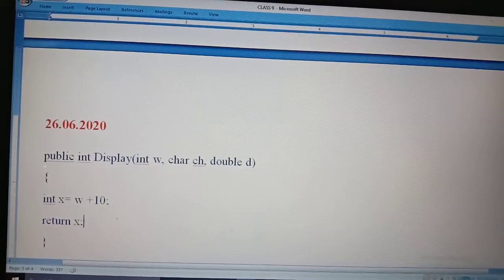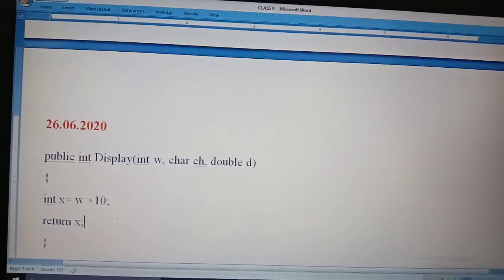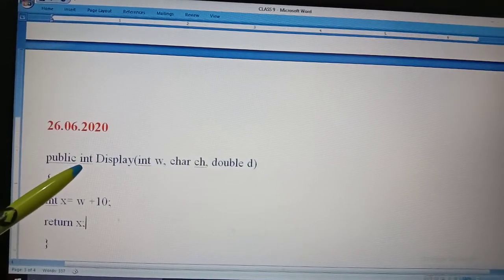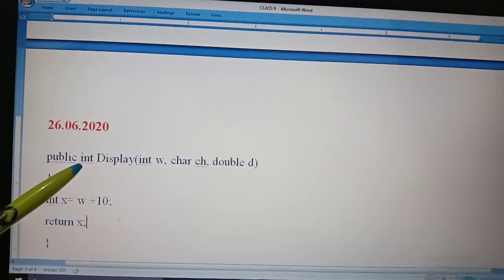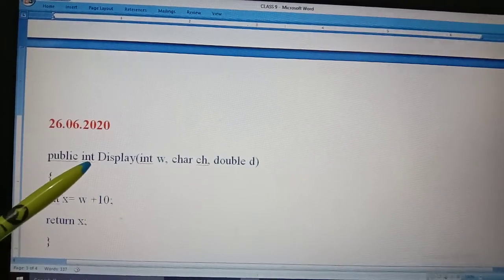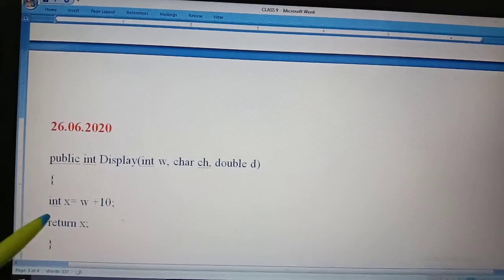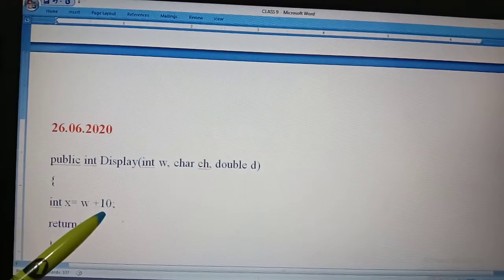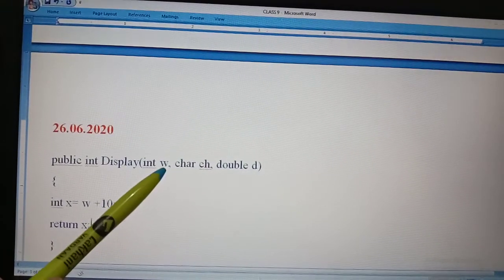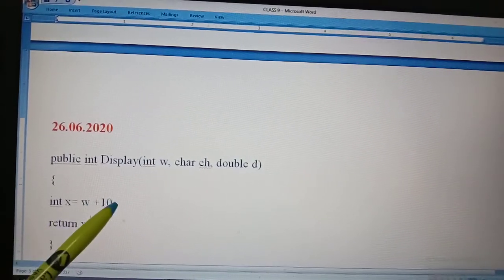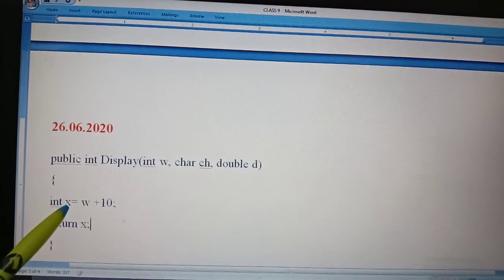I want to tell you here that if you are using any primitive, public int in place of void, if you are using any primitive such as int, double, float, then that type of data can be returned from this bracket. So here int x equal to w plus 10. Suppose at the time of input I write w equal to 20. So 20 plus 10 will be 30, which will be stored in variable x.